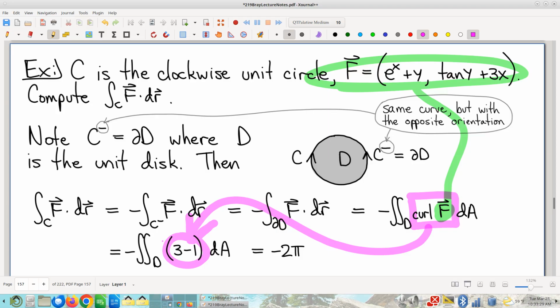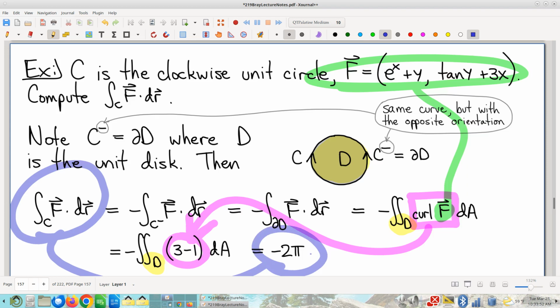We have a double integral of 2 over a garden variety geometric shape. Don't forget, of course, we have passed now to a double integral over the thing whose boundary we're talking about, right? And that integral is, like I say, easy to compute. And the nice punchline is that our circulation is minus 2 pi. How we doing? Everybody see the process here?